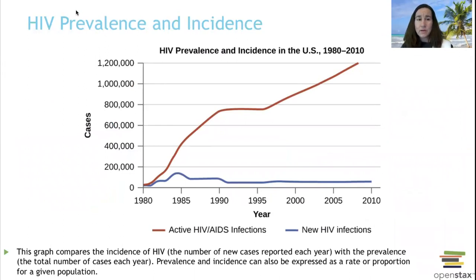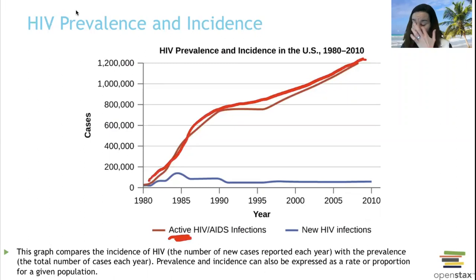And the textbook mentioned HIV. So their total number of active cases, so everyone who's got HIV and has not passed, they still have it, is in red. So we can see, you know, it's cumulative, it's going to climb, and it continues to go up. The new ones are in blue, and you could see, you know, before we knew a whole lot about it, that numbers were going up and up and up.